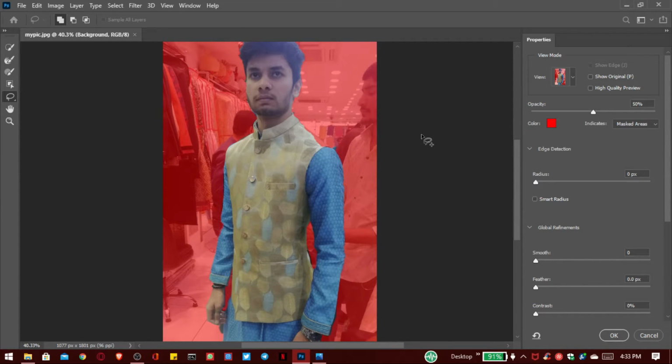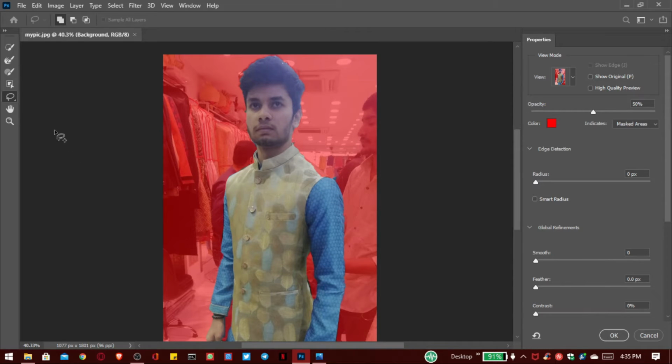After this process, you can see the edges of this image are very sharp. So now we have to soften these sharp edges because we want to put this image on another background. For that, go to the Refine Edge Brush tool and select it.